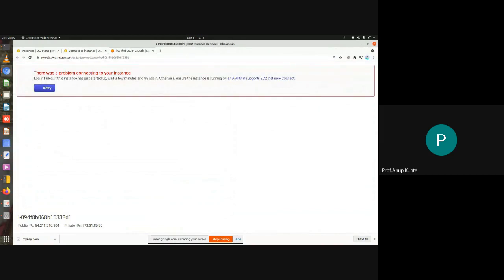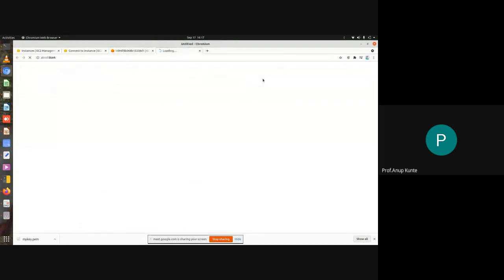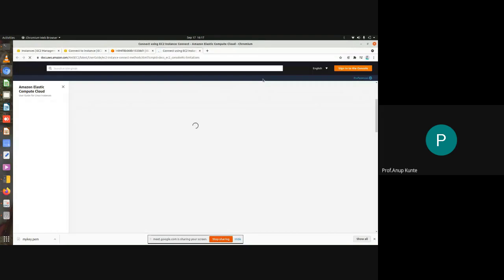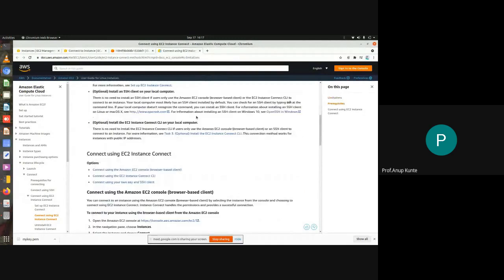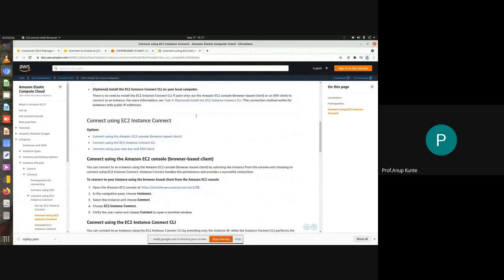I don't know what is happening, but an AMI supports EC2 Instance Connect. Okay, nowadays there are certain issues for this browser-based access.